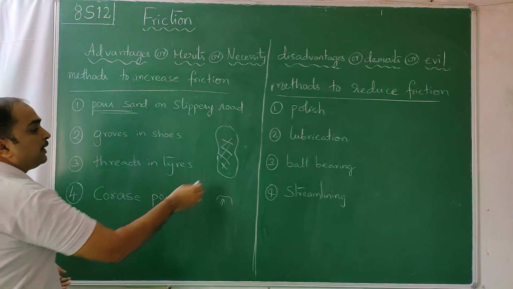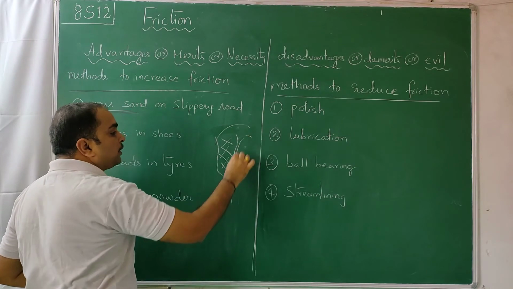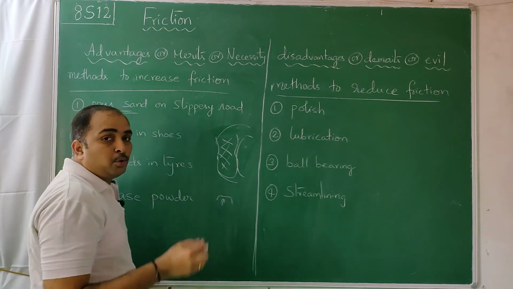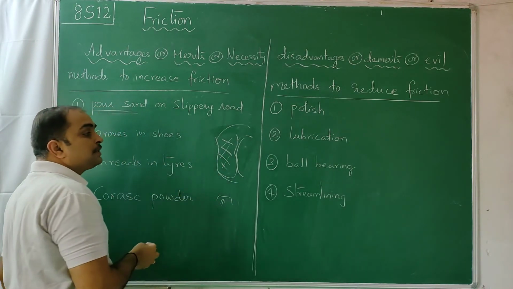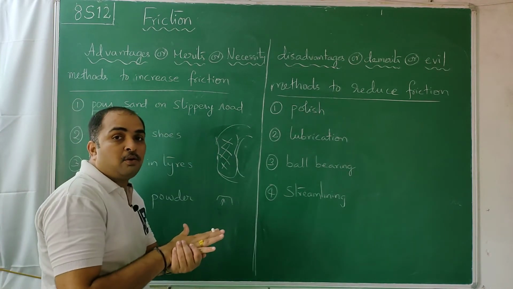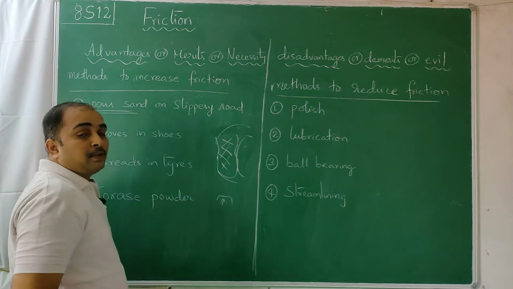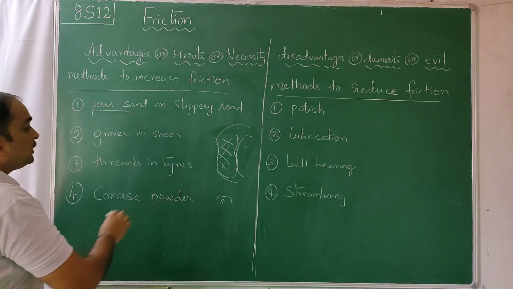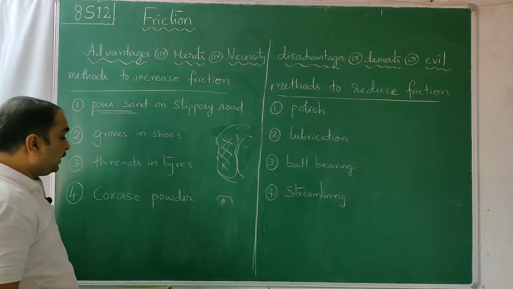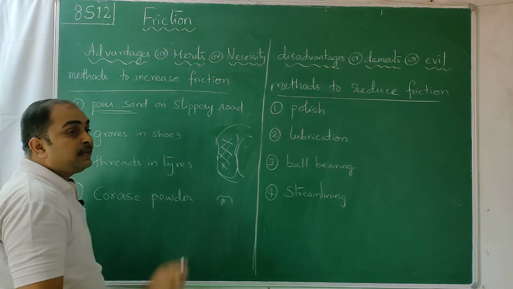Similarly, treads in the tire, even in the road tire, the circular tires you have. They create some grooves or little place for water to go inside so that the rubber can stick onto the ground. Because of this also, friction will increase. So creating treads in the tires makes friction increase and slipperiness decrease.